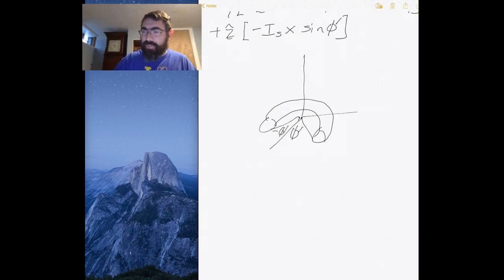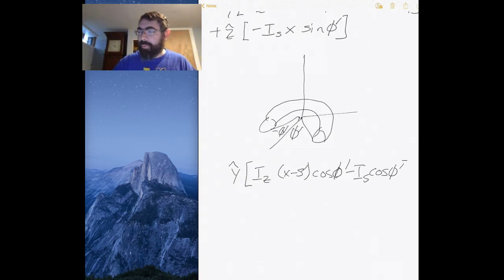And so what you would have is this y, i_z x minus s prime cosine phi prime minus i_s cosine phi prime, which I can then generalize back to being in the